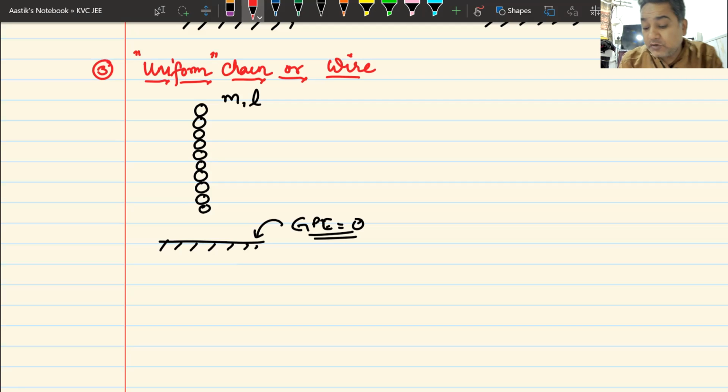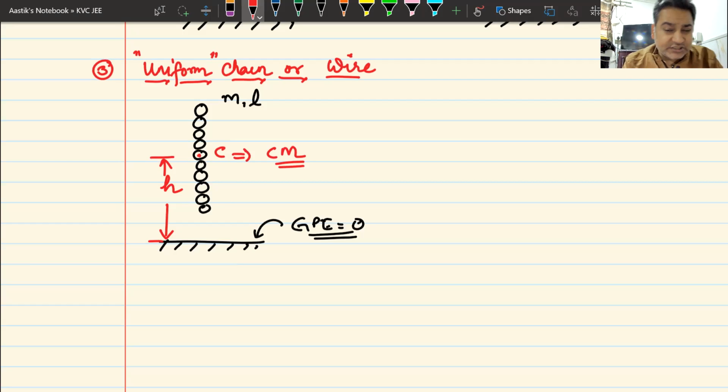Okay, so what about the potential energy of this uniform chain which is hanging? And I have to tell you some point. So I again tell you the same point C. Remember, this point C is the CM, center of mass of this rod. And the height of the center of mass of the rod from the reference point is h. Then I repeat the same question. What is the potential energy of this rod?